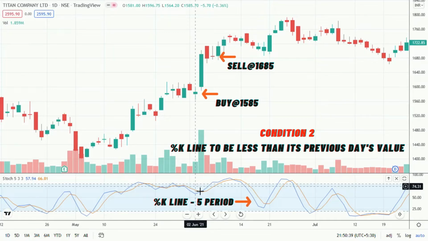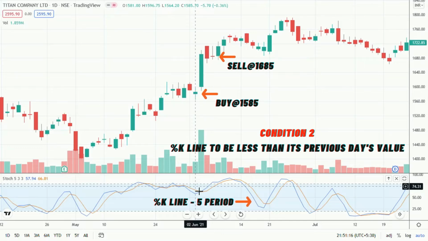If you recollect, condition 2 says that the current value of %K line has to be less than its previous day's value. So on 2nd of June, %K line was at 57.94. Let's compare it with the previous day's closing value, which was at 65. So clearly the current value is less than its previous day's value. So condition 2 is also met. We go ahead and buy